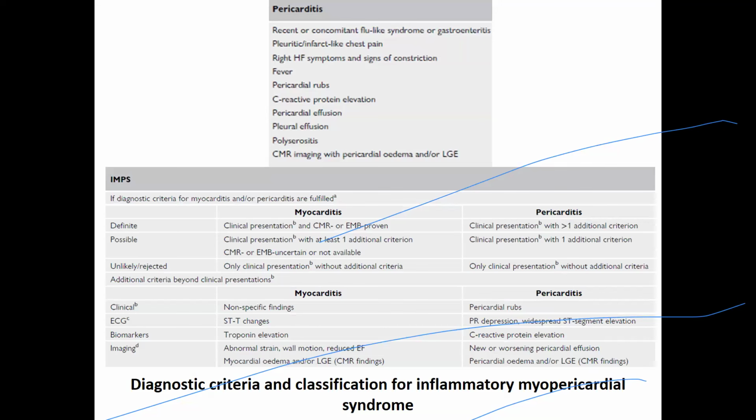So these are the red flags for pericarditis. When patients come, when do you suspect this is pericarditis? If the patient has recent or concomitant flu-like symptoms or gastroenteritis, the pain is usually pleuritic or infarct-like chest pain. If patients have right-sided heart failure, if the patient has fever, pericardial rub,